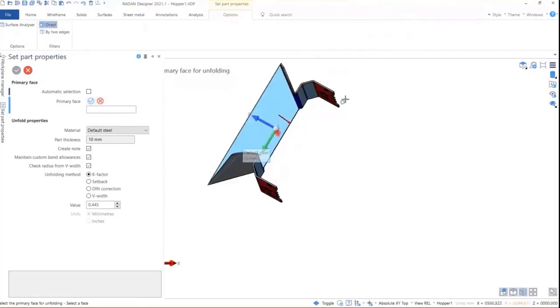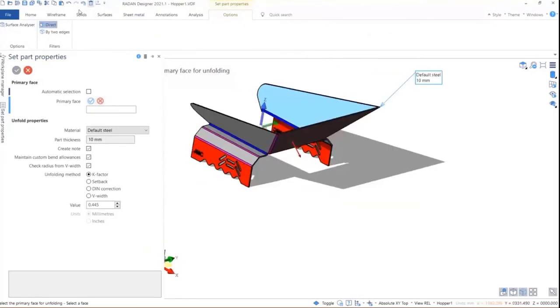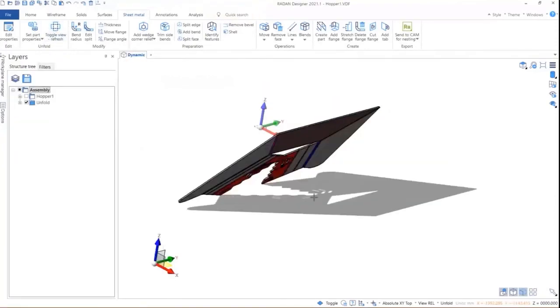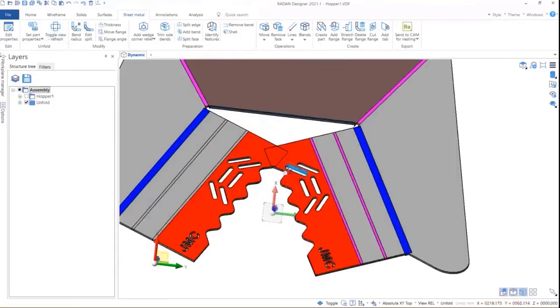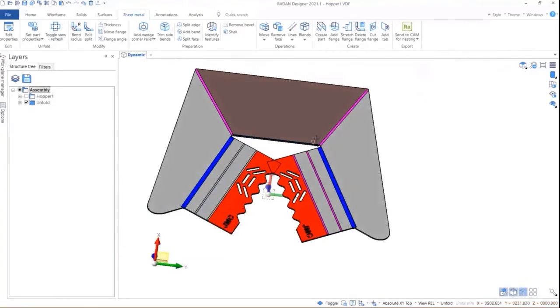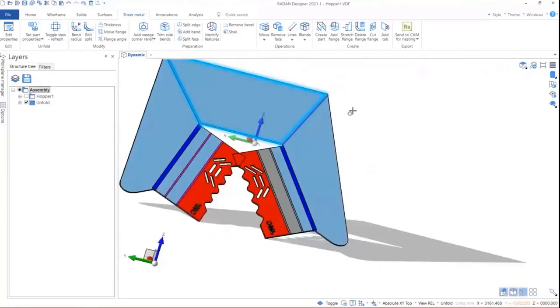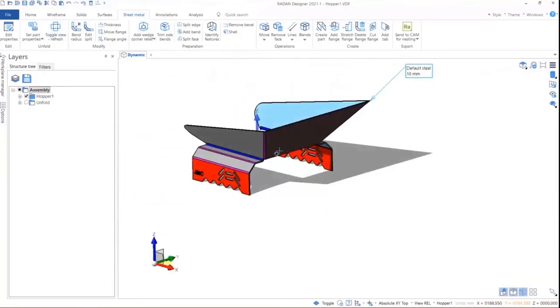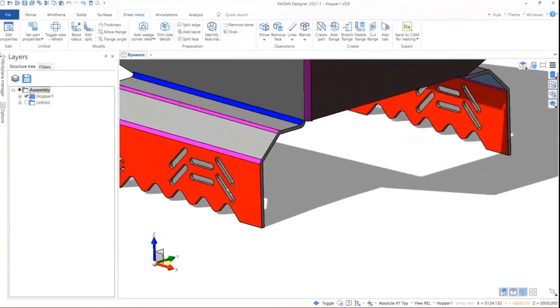Now, in that state, it doesn't look like a problem. However, when we go to the unfold state, you will see that those flanges actually intersect, making the unfold impossible. Okay, so nice feature, very easy to see where the problem lies, and in this case, very easy to fix,